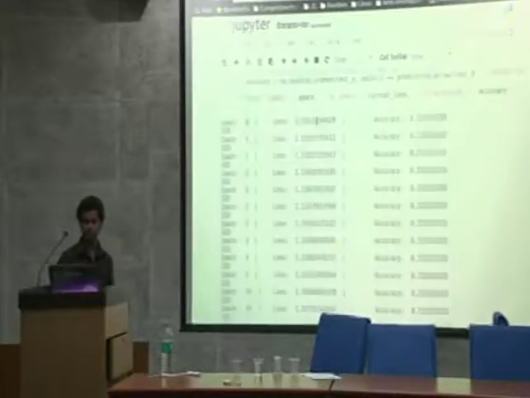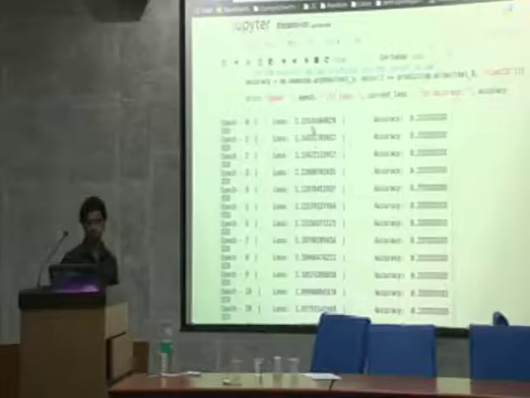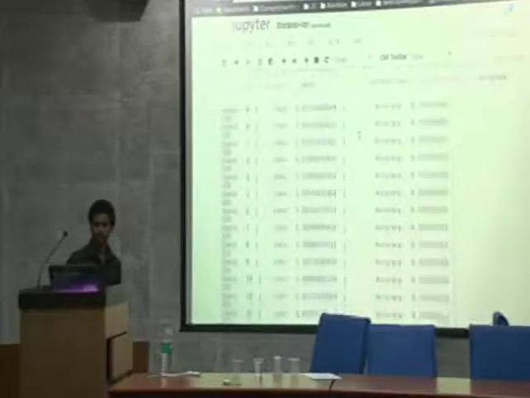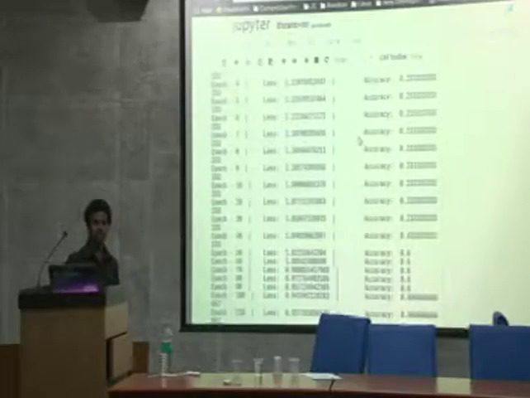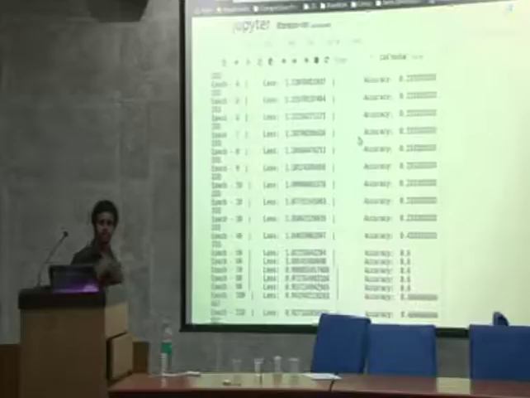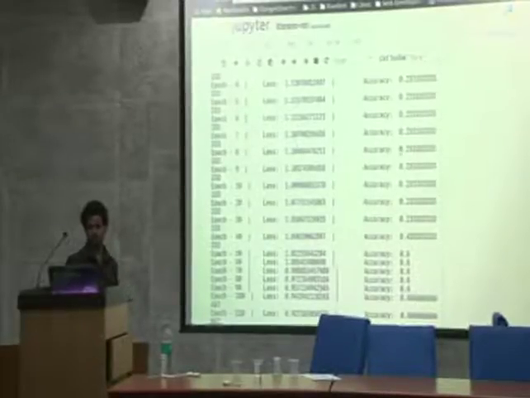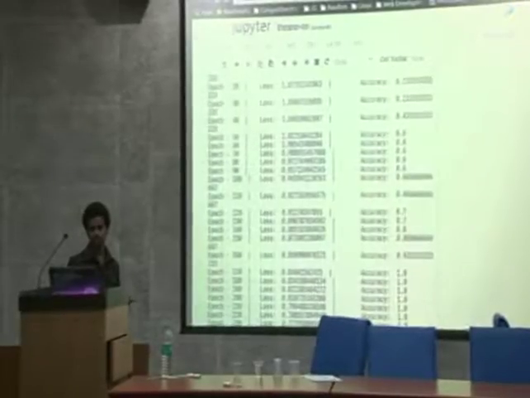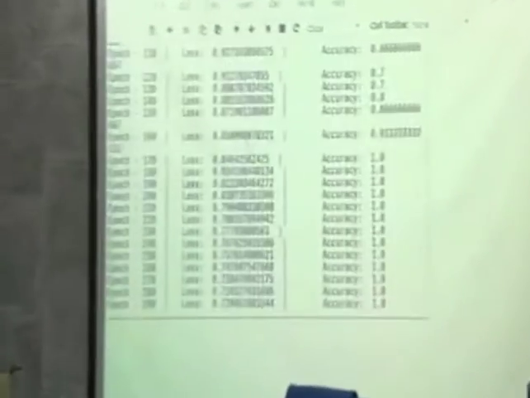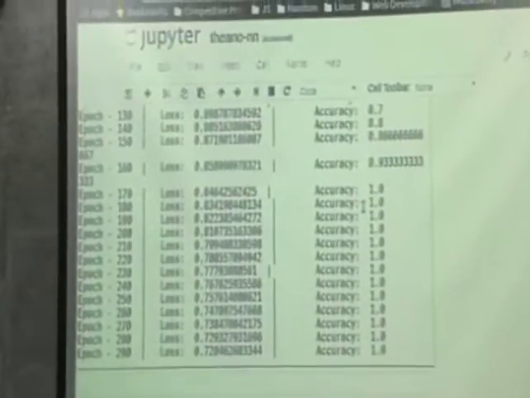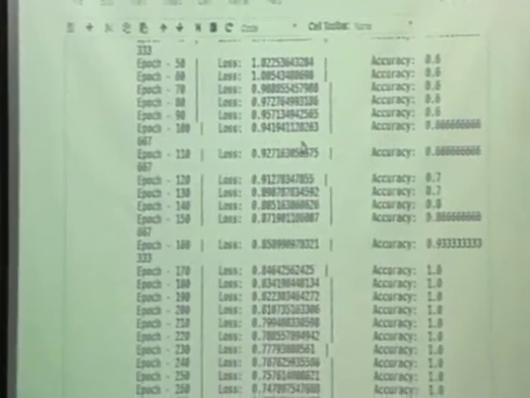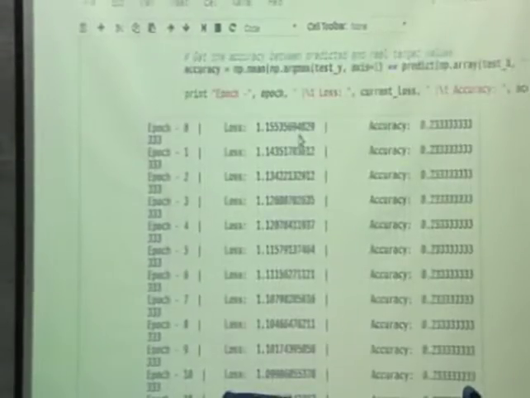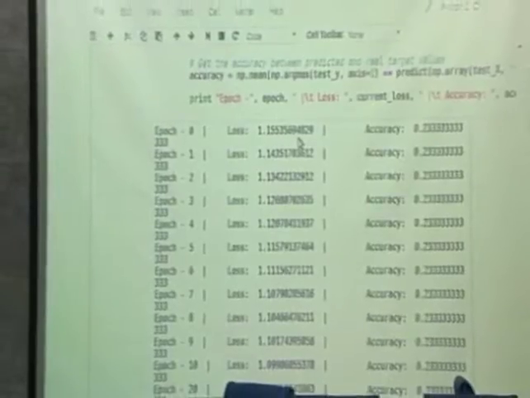As you can see, in epoch 1, the loss was something like 1.15 and accuracy was 0.233. As we go on, the loss keeps on decreasing, which means that your predicted value is coming closer to your real value. And of course, as a result, your accuracy goes on increasing. Finally we get an accuracy of almost 1, which is not very good, I would say, because probably the model has overfit. But since this is on the test side, maybe it is good enough.